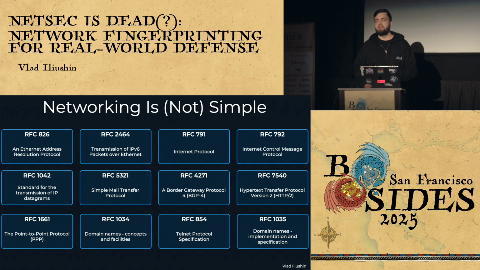In 1981, the very first RFC describing the TCP standard was published, and that means that TCP has been around for longer than many people in the audience have been alive. And with all of those standards and extensions, requests for comments and amendments, networking is simple where it works and not quite so simple where it doesn't.